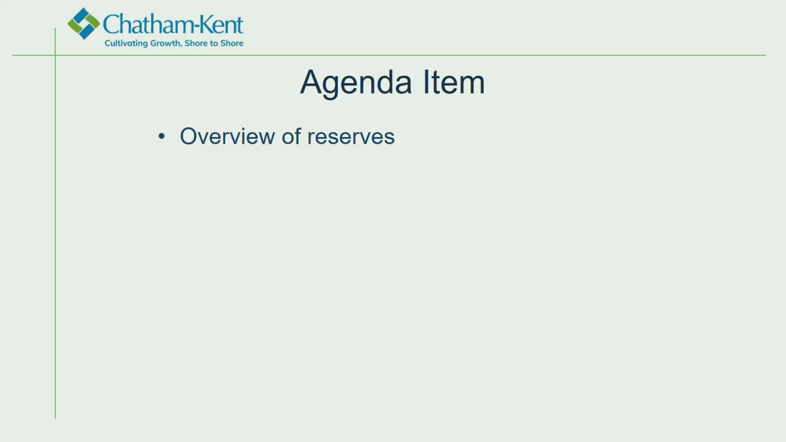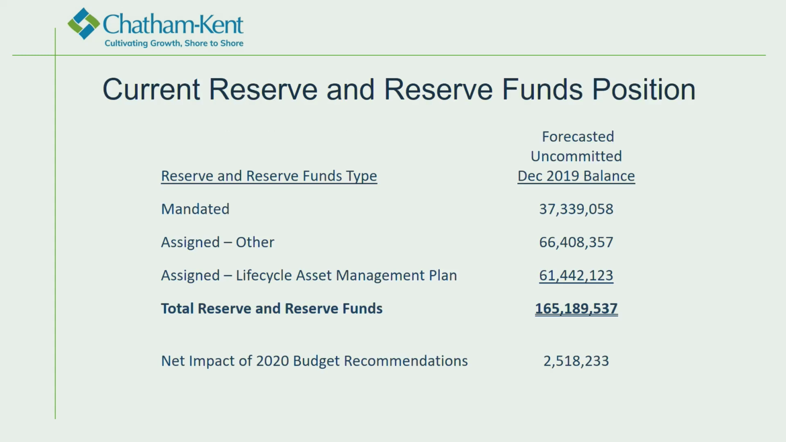Now I'm just going to look at an overview of reserves. As was discussed in the BMA report on Monday as well, we do have about $165 million in reserves. $38 million of those are actually mandated for specific purposes. And then the life cycle and asset management plan has about $62 million in reserves that are often saved up